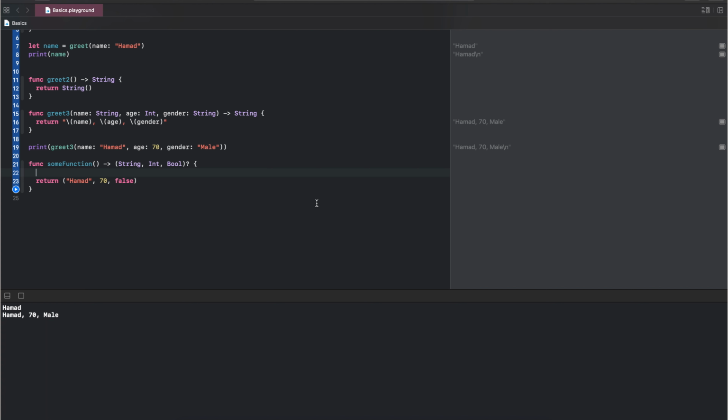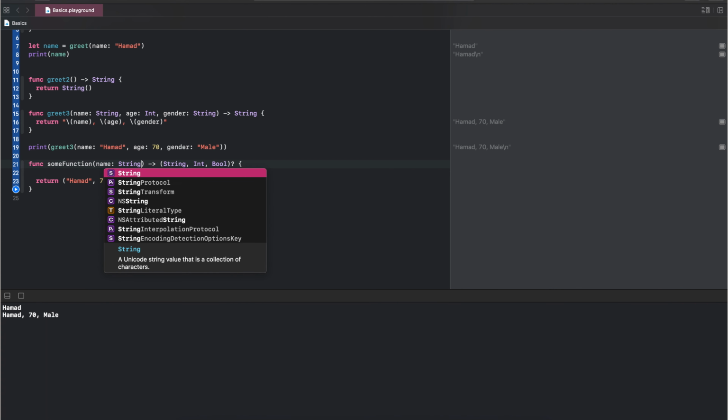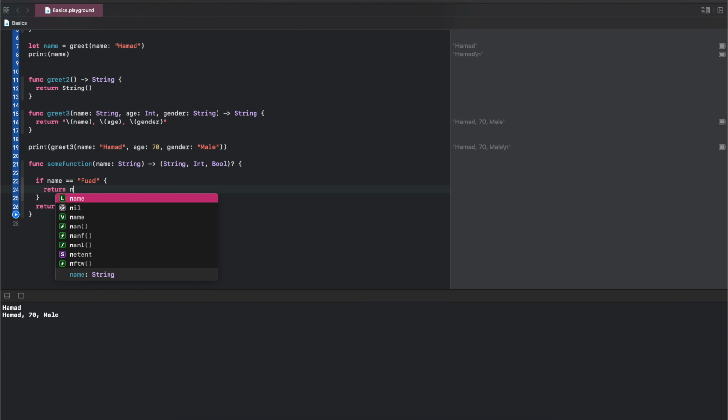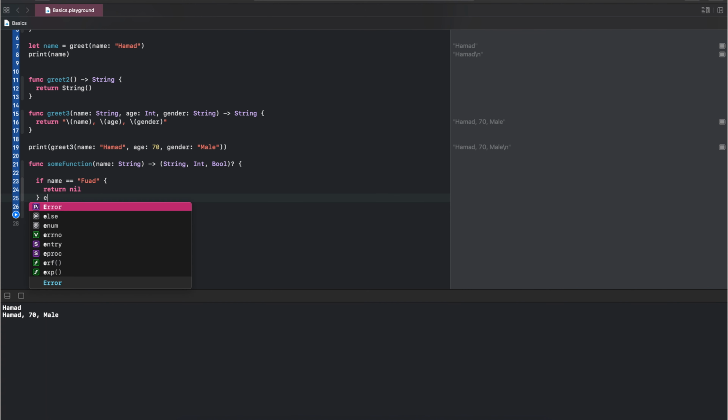So for example, let's have name as parameter and string. Okay, so if we have a case where we are checking if name equals to Fuad, then return null, else return this. Okay,